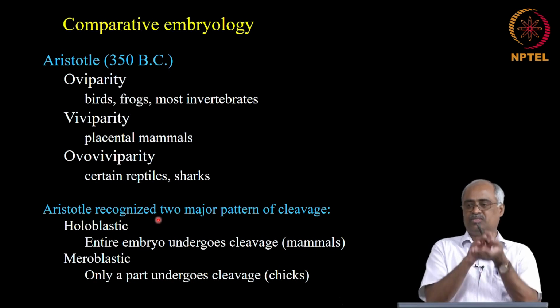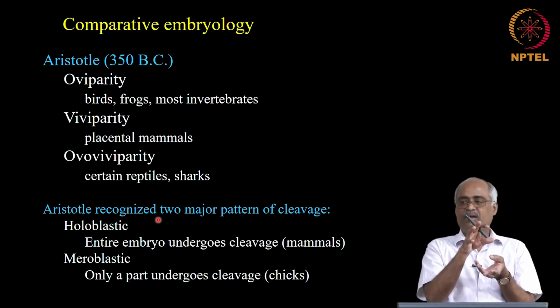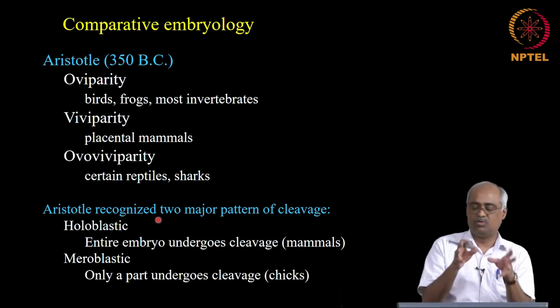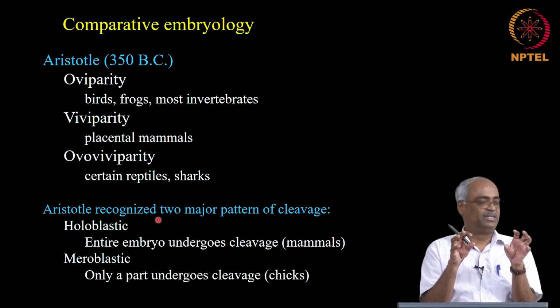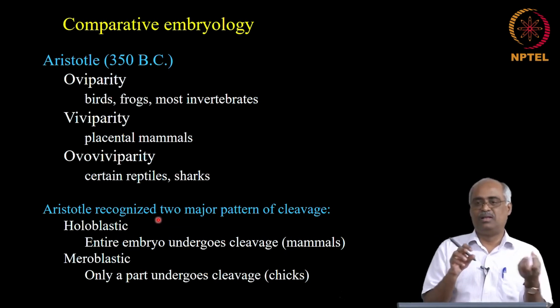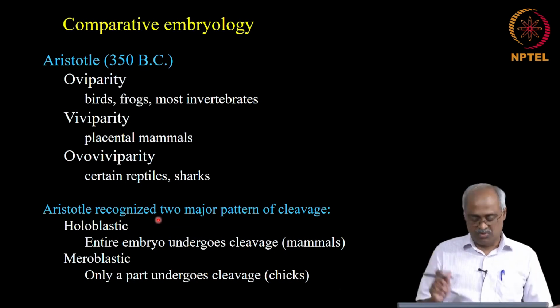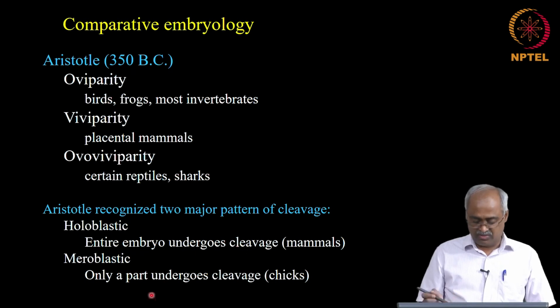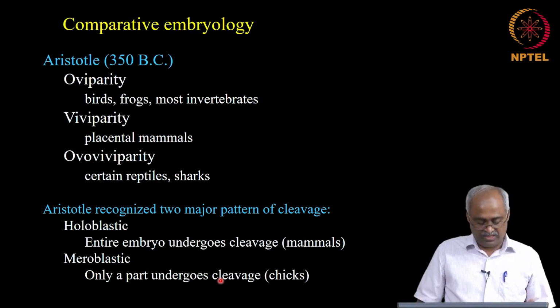Okay, so we saw in frog actually the entire thing undergoes cleavage, except that the animal hemisphere cell division is more rapid and has more divisions than the vegetal pole, but the whole thing cleaves. But in some of them only a part of the embryo undergoes cleavage. That is what happens in our embryogenesis and generates this inner cell mass, and the bulk of the embryo is not part of that, only a small portion is the inner cell mass from which our whole body is derived. And in some of them you have the entire embryo undergoing cleavage, and in some like chicks only part of it undergoes cleavage. So holoblastic and meroblastic, that is the classification he could observe.